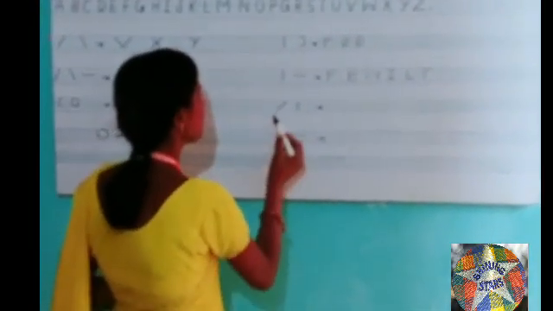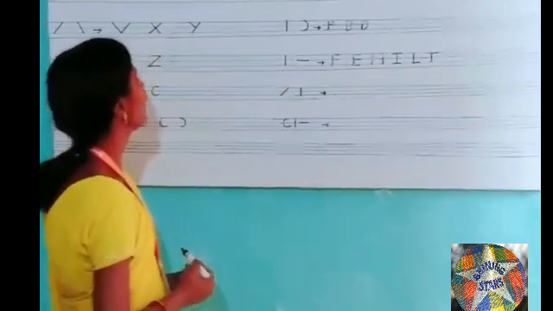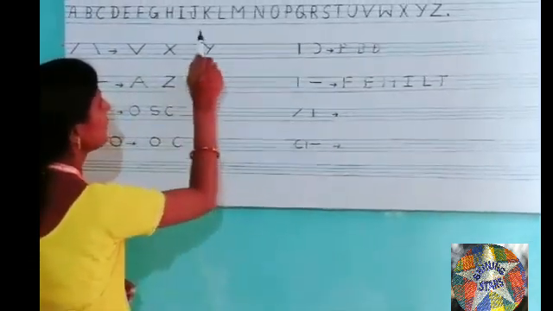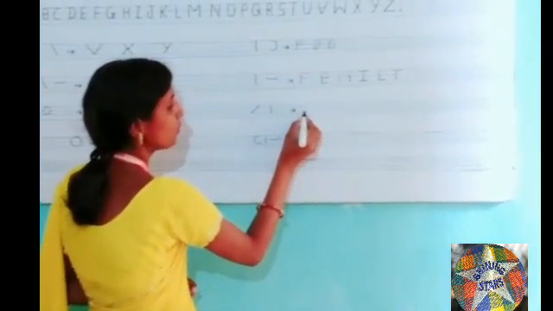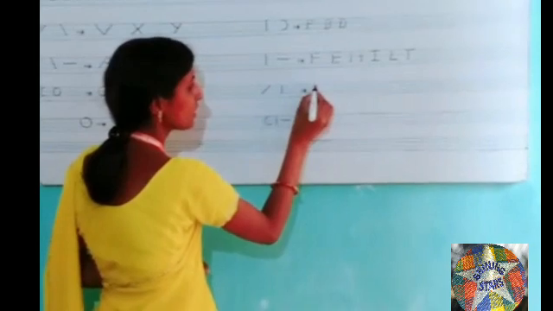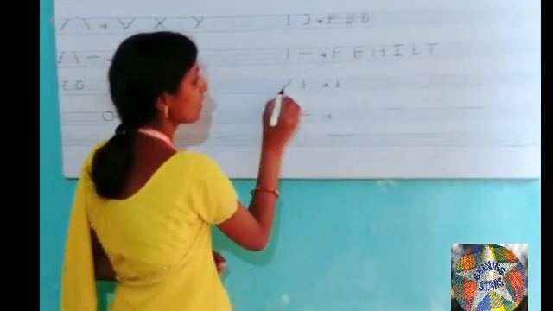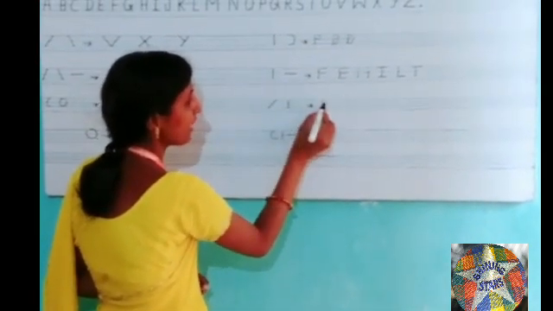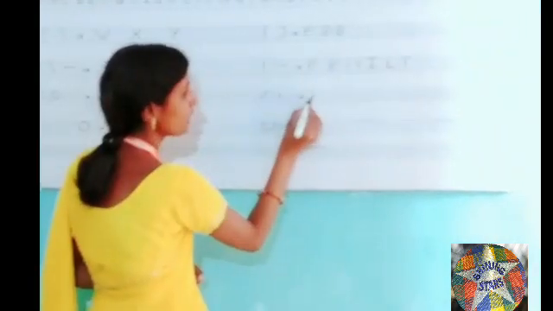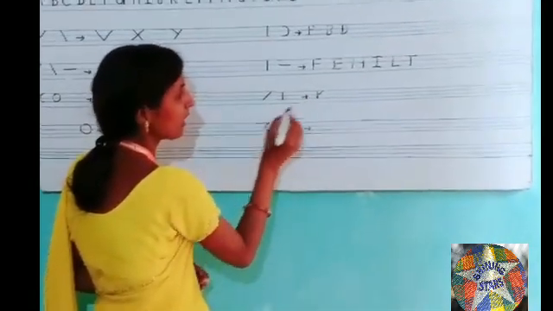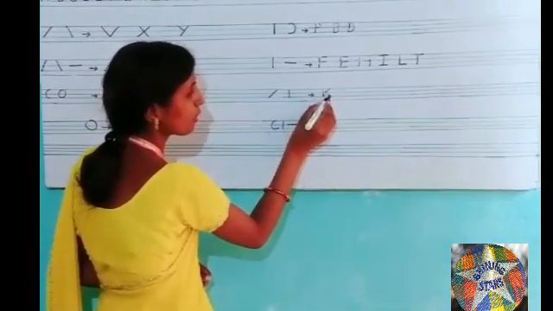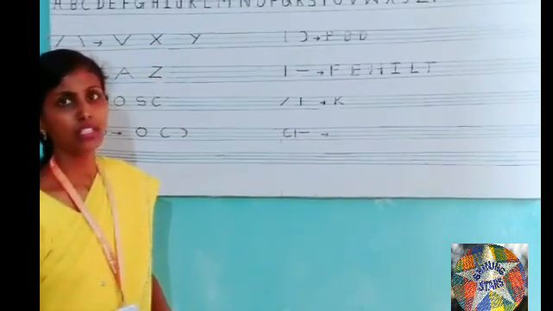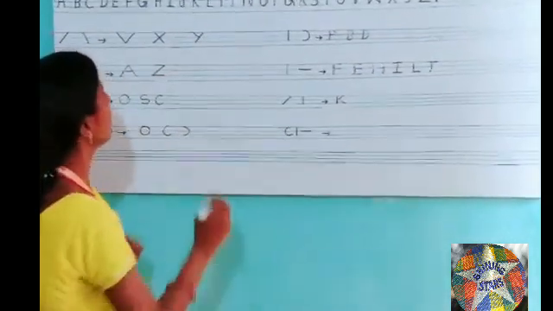How will you use K? Look at here. Now we will use a slant line and a standing line. We have found K now. So how to make a K? In blue line to green line we will join a standing line, and this is a slant line. A small slant line we will use from the blue line to the first green line, and again a small slant line from the green line to the second green line. It becomes K.